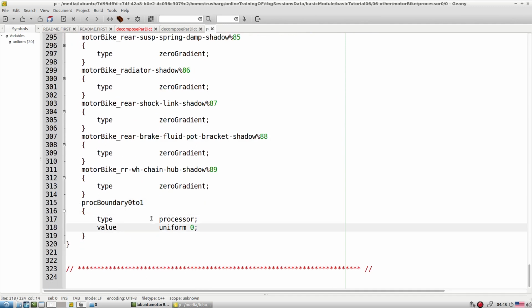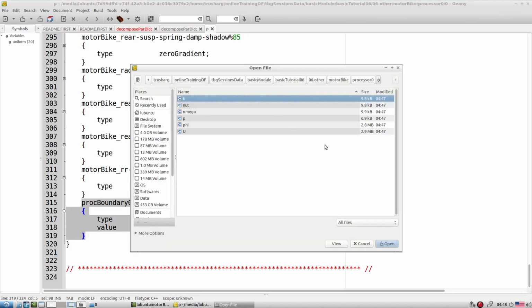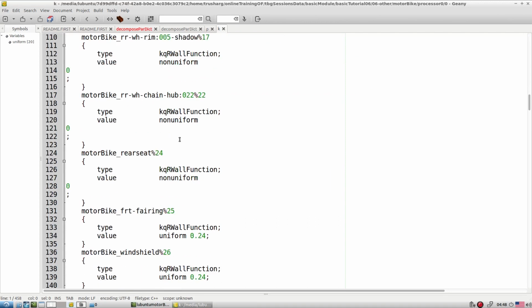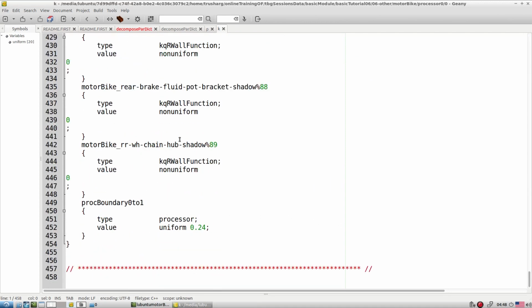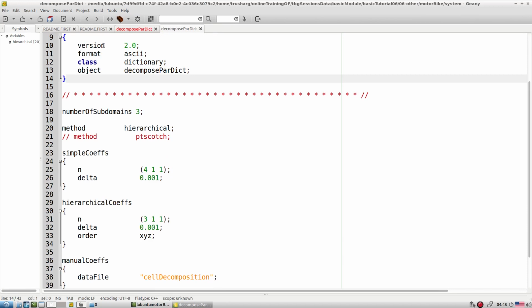Look, this type is processor. When we discussed the boundary condition, I told you that there is a processor type of boundary condition that goes with the decomposed type of the test case. So this is how you can see this particular boundary condition in each of the field files inside the 0 folder. This is how one can see the decomposed part.